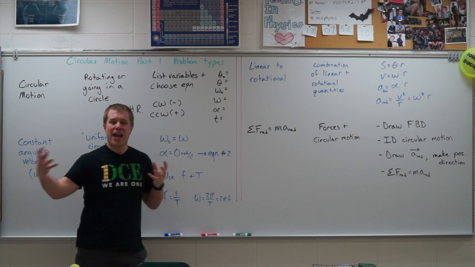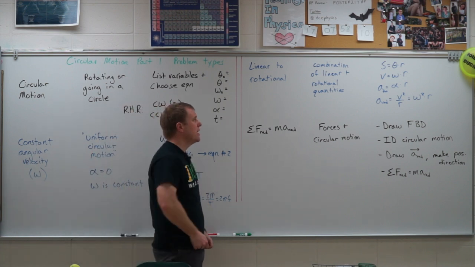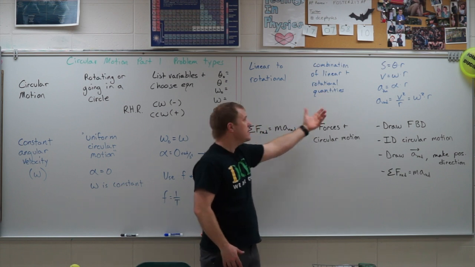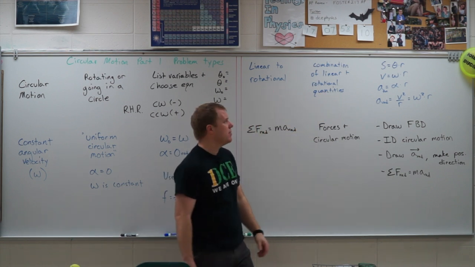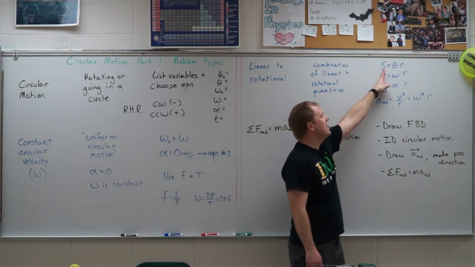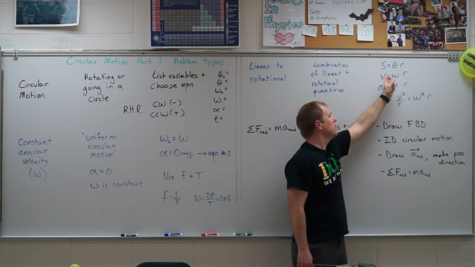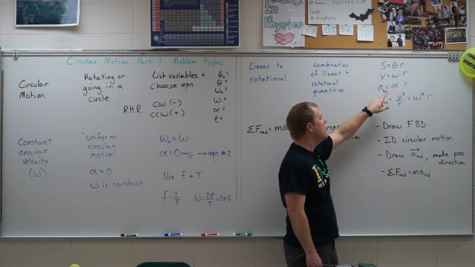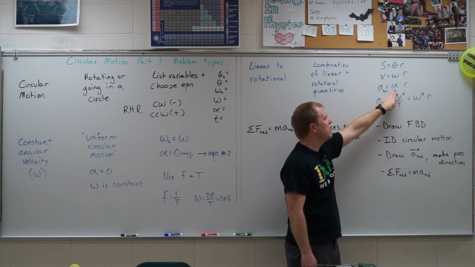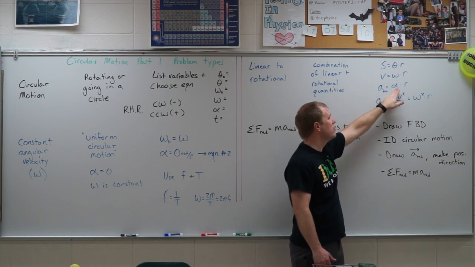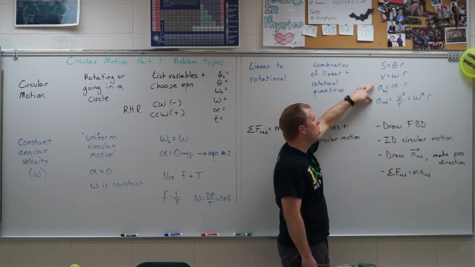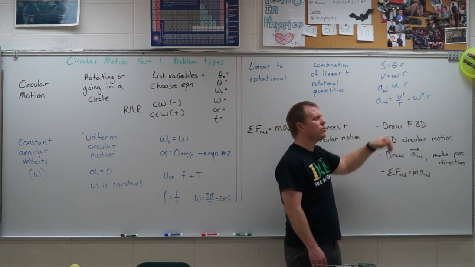We also have linear and rotational quantities that we need to relate. So if you do have a combination of linear and rotational quantities, it is a linear and rotational problem type. So you have to relate the linear distance to the angular displacement, the linear speed or the tangential speed to the angular velocity. And then we have tangential acceleration or linear acceleration, which goes with alpha. And we have the radial acceleration, just another component of our linear acceleration, which is v squared over r, or